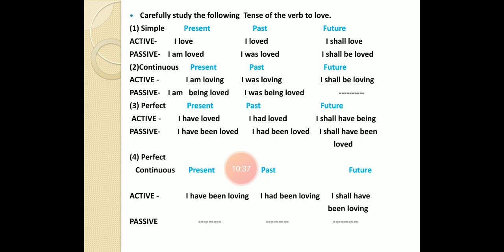So dear students, it will be seen that there are 12 tenses in the active voice, but only 8 kinds of tenses can be changed into passive form. So which are the tenses that cannot be changed? Future continuous tense, present perfect continuous tense, past perfect continuous tense, future perfect continuous tense. These 4 tenses cannot be changed into passive form. So next,